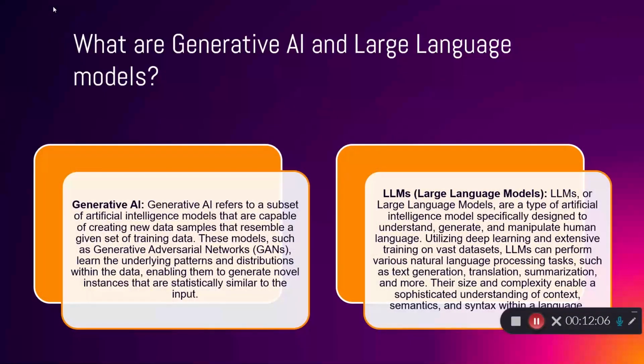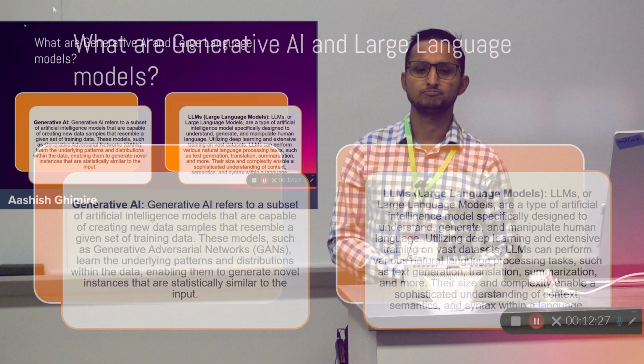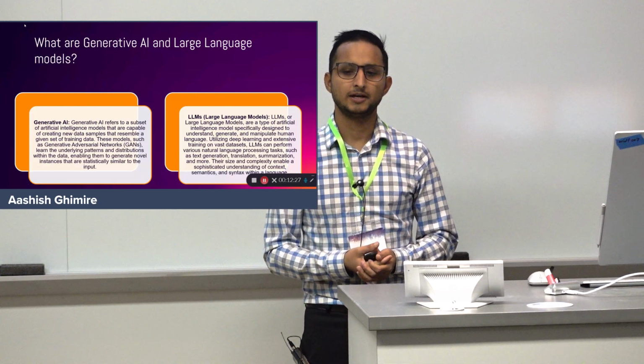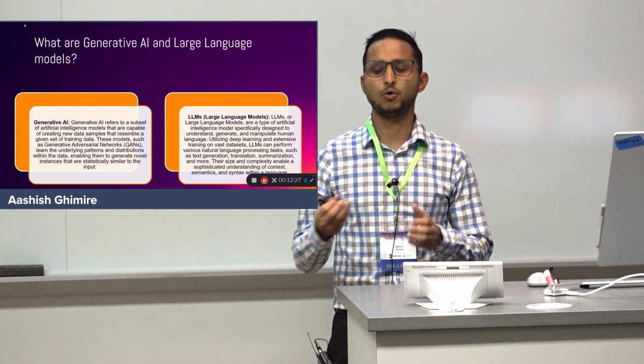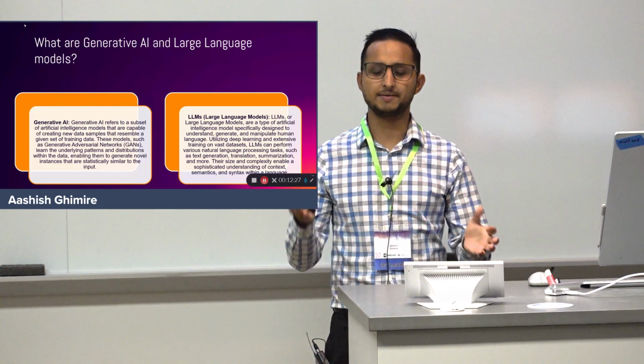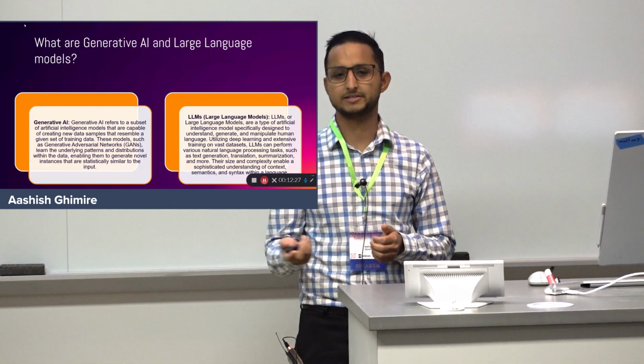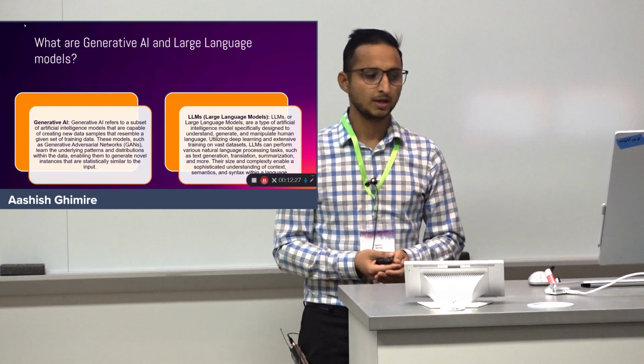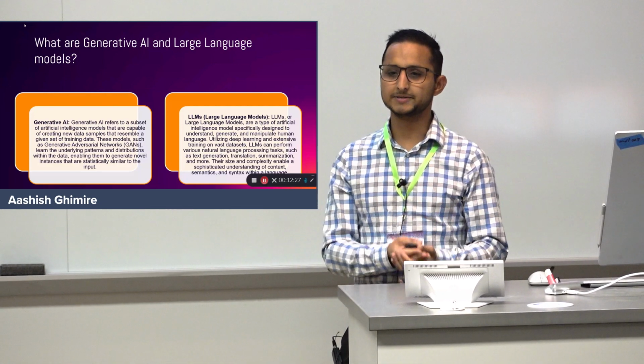Just to distinguish, and this is a really high-level definition, and we're not going to talk about this after this slide. By generative AI, we mean any AI system that is capable of creating new data samples given the training data. So it basically has two kinds of networks in there. One discriminator and the other creator, so they have two competing networks trying to create a realistic image or realistic anything, music.